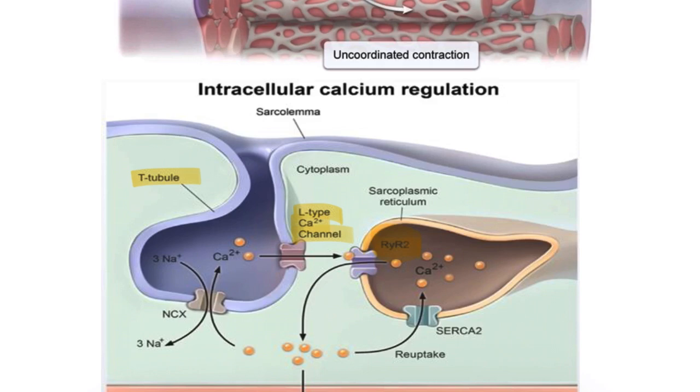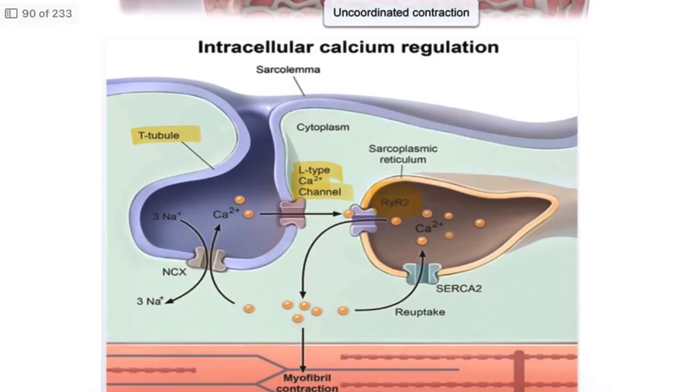Next one, hypocalcemia and muscle excitability. Low extracellular calcium increases neuromuscular excitability and can lead to tetany and muscle spasms. Okay, so these are the main things about organization of muscle cells. Next we are going to discuss